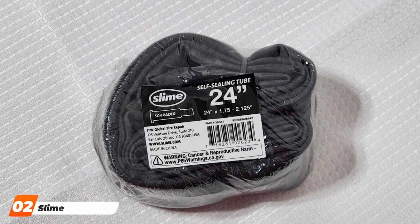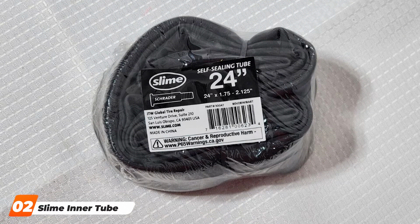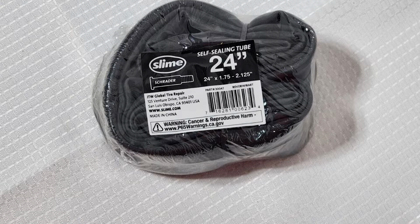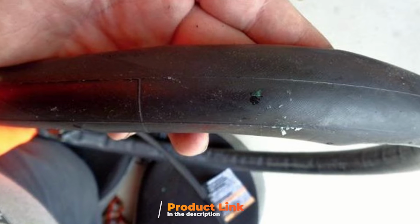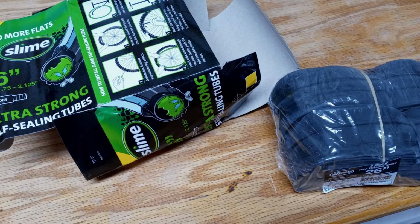must-have list. At number 2, we have the Schwinn inner tube, a game-changer in the world of bicycle tubes. Ever been frustrated by unexpected punctures ruining your ride? Schwinn inner tubes come to the rescue with the innovative self-sealing technology. The tube is filled with a special sealant that actively seals punctures on the go, ensuring you won't be sidelined